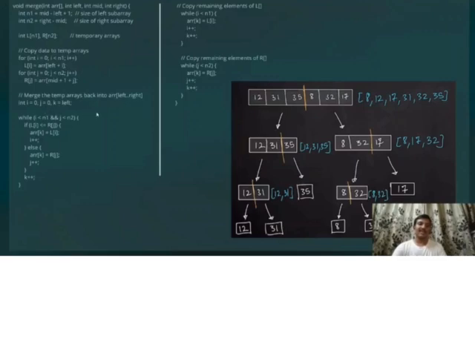So then after that, we will compare the elements of the left subarray and right subarray one by one, and the one with the lesser value will get placed first